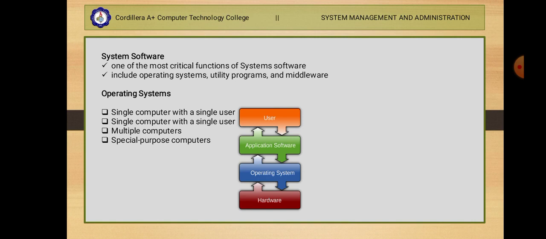O para maging successful yung project or yung ginagawa nila na work, kailangan magkaroon ng communication, or makipag-communicate sila to each other. Dapat makipag-interact and then collaboration or makipag-collaborate. So, yun yung importante dun sa isang group. Ito yung mga importante na maganda yung communication ninyo. Dapat magtulungan kayo, then collaborate.